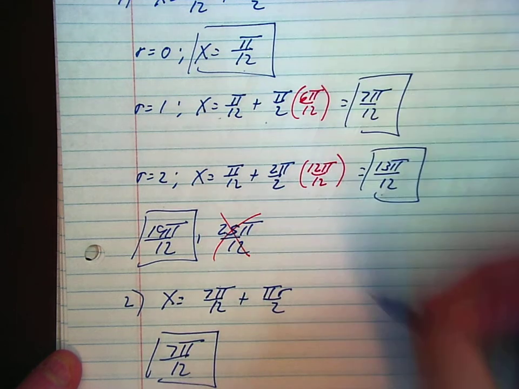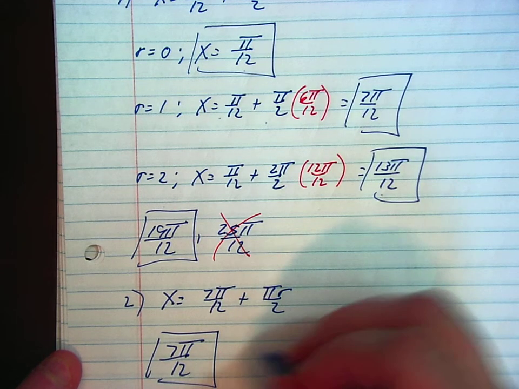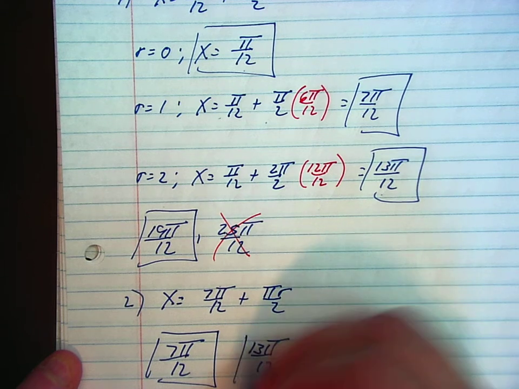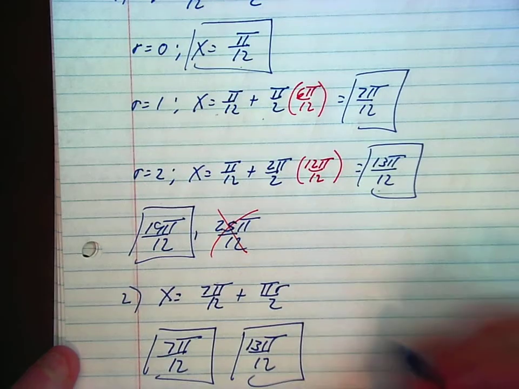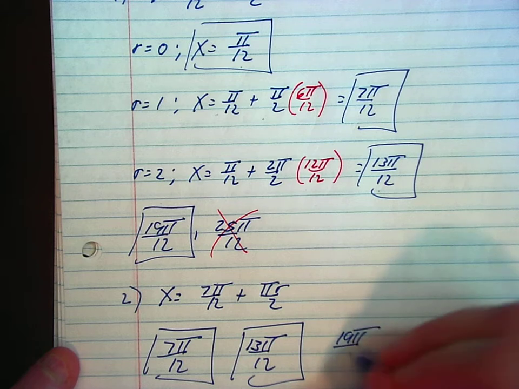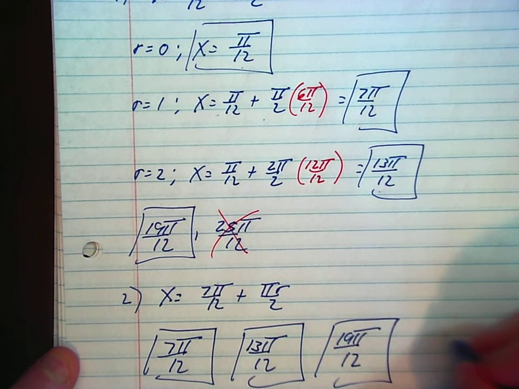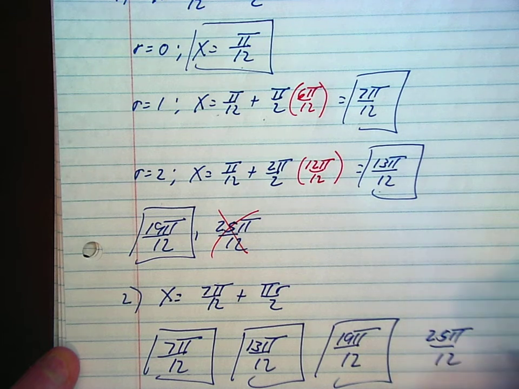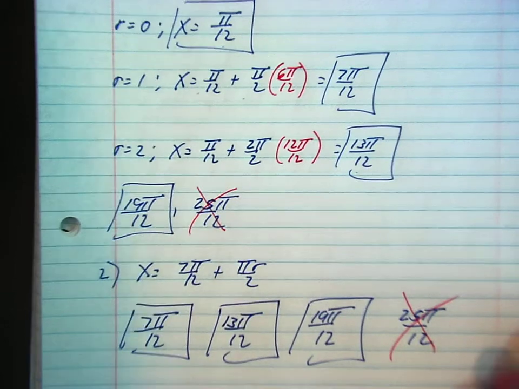The pattern here was go up by 6. So if I go up by 6 to that, the next answer, 13 pi over 12. Go up 6 more, 19 pi over 12. Go up 6 more, 25 pi's over 12, and that's the one that fails. Now, my hope is that you never got to this point because